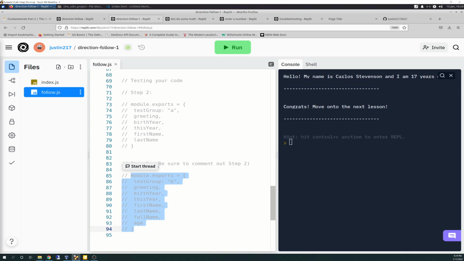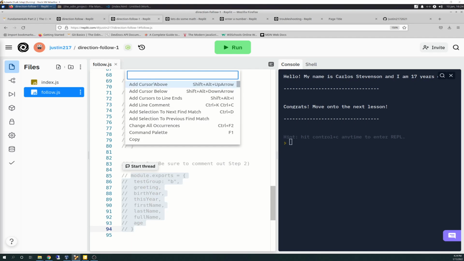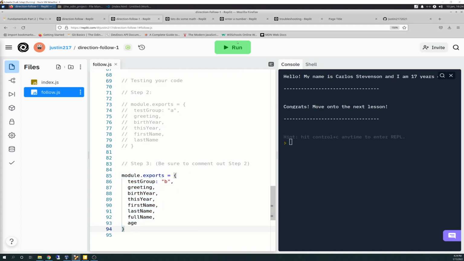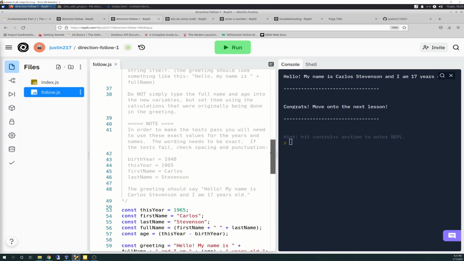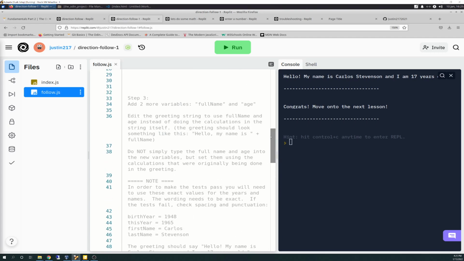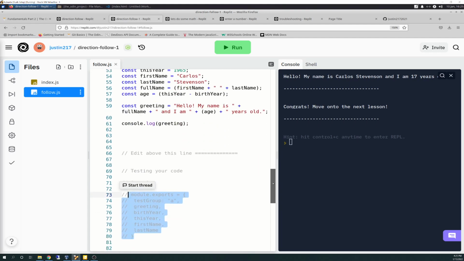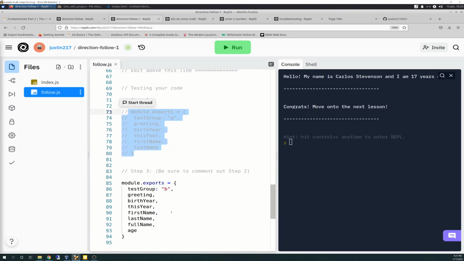And then this is the way it was before. So to uncomment it, you highlight it again, command palette, and I just type in comment, add comment, remove line comment, and then it removes it, and then you run it, and it successfully runs. This basically sets it through. I think this is the module export for the test group A, which I think is the first section, step 1 and 2, where you're before you do all this, and then when you edit the code and add in the new variables and everything, you need to comment that out and uncomment this, because you see here now